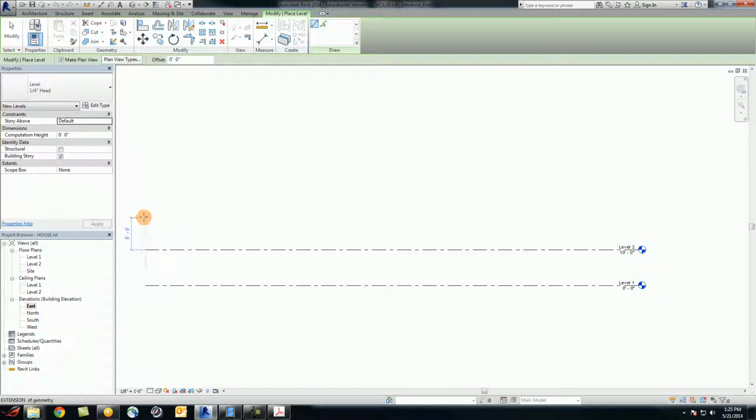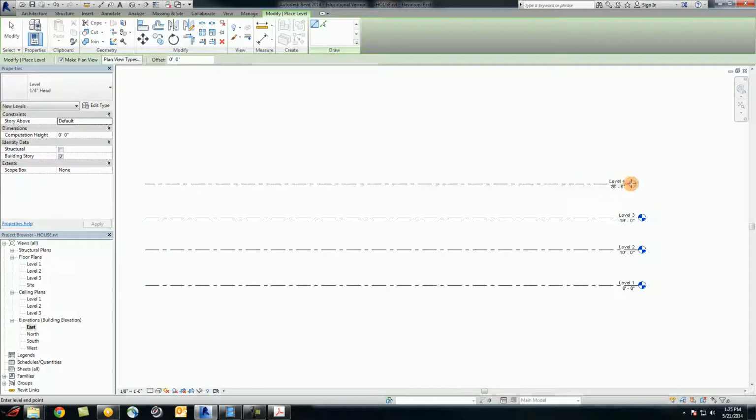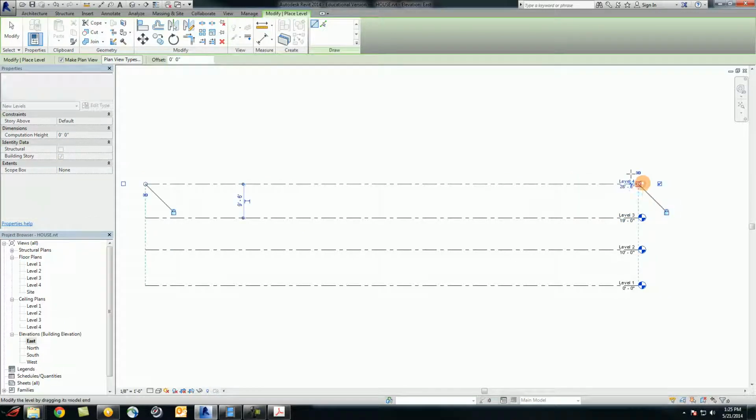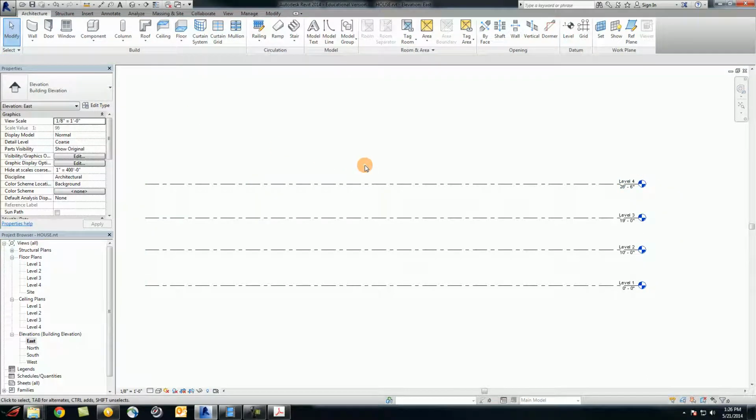Let's start from, we just step on the existing levels from the left all the way to the right. First, this level 3, then one more, and level 4. Again, do not worry about the elevations. We're going to change them later. So once you have all these 4 levels ready, use modify to get out of the level command. Next, we're going to rename these levels,